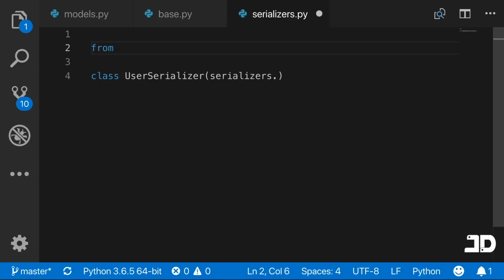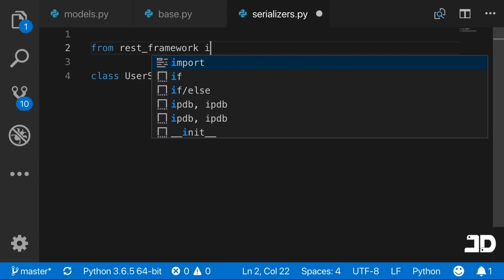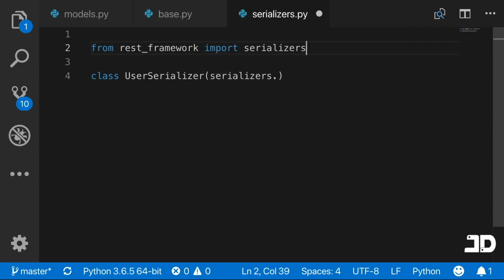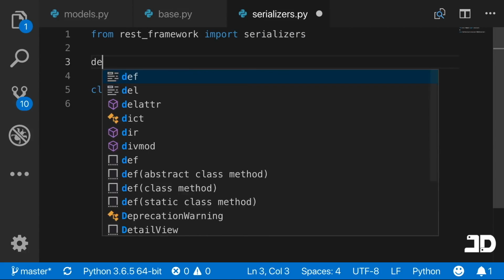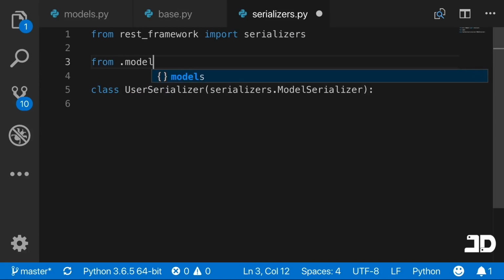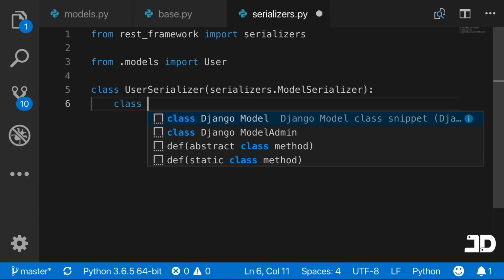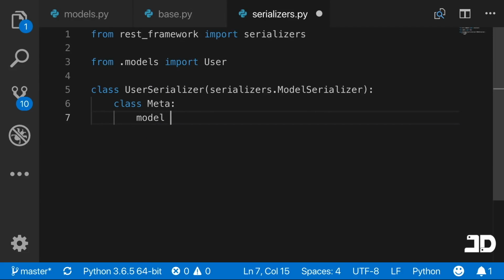So we'll say from rest_framework import serializers, and we're going to inherit the ModelSerializer. And if we need to use that, we're going to need our model. So we'll say from .models import User, and here we'll specify the class Meta and say the model is User,